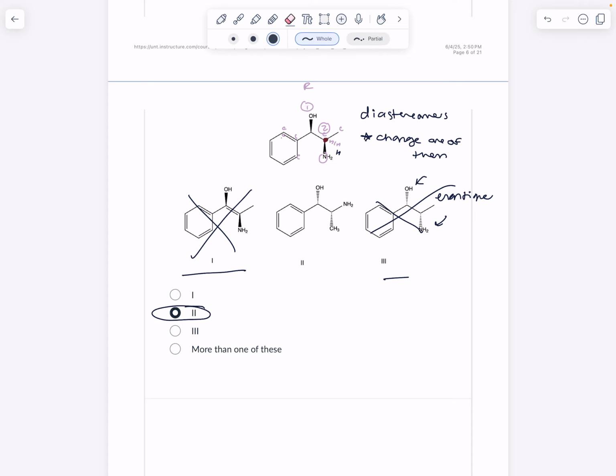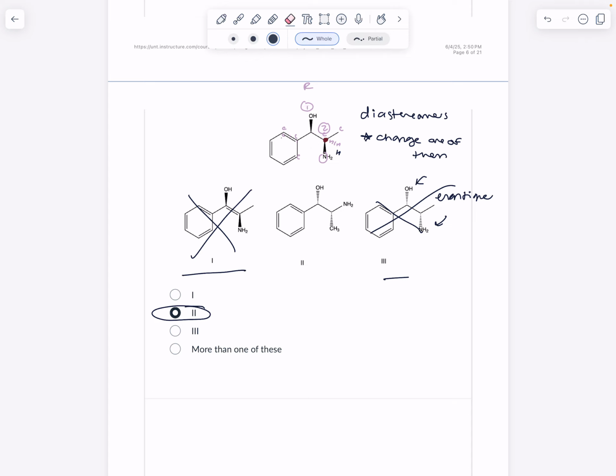Okay, next question. The most stable conformation of 3-bromo-2-methylpentane viewed through this bond, C2C3. You're supposed to choose which one. I didn't say that, but the question should say the most stable conformation viewed through C2C3. So there might be a little bit of confusion on that, but the way I would approach this, and you can reach out if you were confused on that and explain how it impacted your answer, not knowing what you're supposed to do. The way I would approach this first, if you know nothing else,